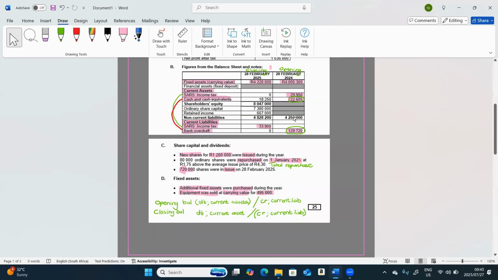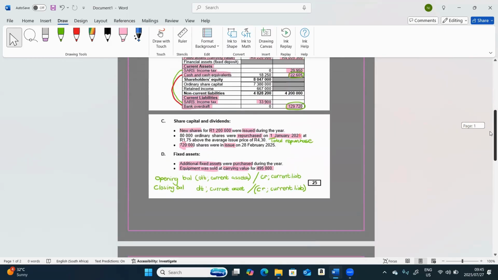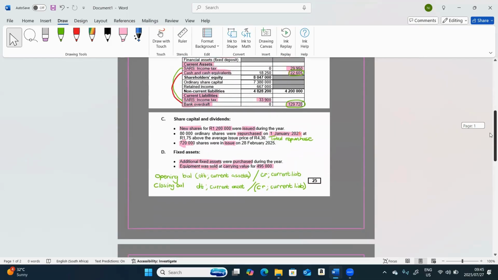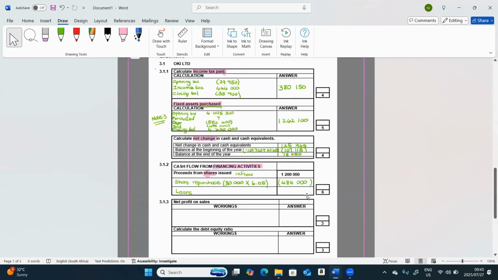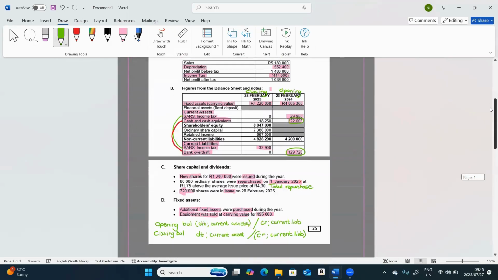If our closing balance is more than our opening balance, it means that it's a cash inflow. So this will be a positive. This amount will be an inflow because our balance has increased. Now we just have to make our bracket and show our calculation. And that would be